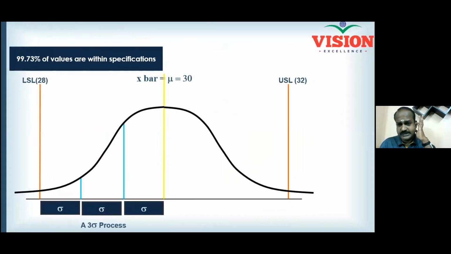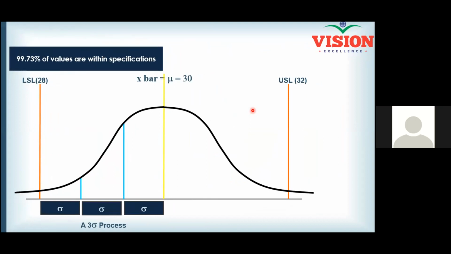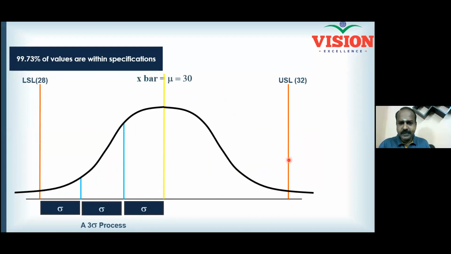And now, to understand whether you understood the topic correctly or not, looking at the slide, tell me what process it is. Is it an elephant or a giraffe? Elephant. Yes. Okay. Statistically, what is the sigma level? 3 sigma. Why? Because between the specification limit and the process center, you have a distance of 3 sigma. Now, what is the success rate a 3 sigma process can assure you? 99.73. Yes, it is written here, 99.73.